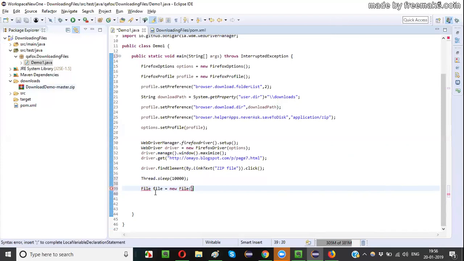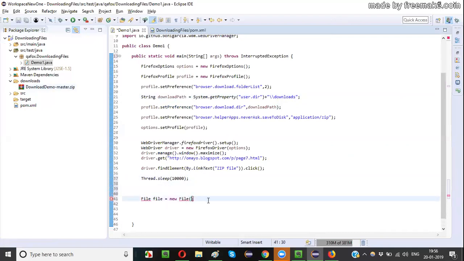Okay. Here, I will say download path plus the double quotes. I will say download path, after downloads, double slash. Download path means up to here, okay, up to the downloads folder. Again, I will say double slash. Here I will give the file name, that is download demo